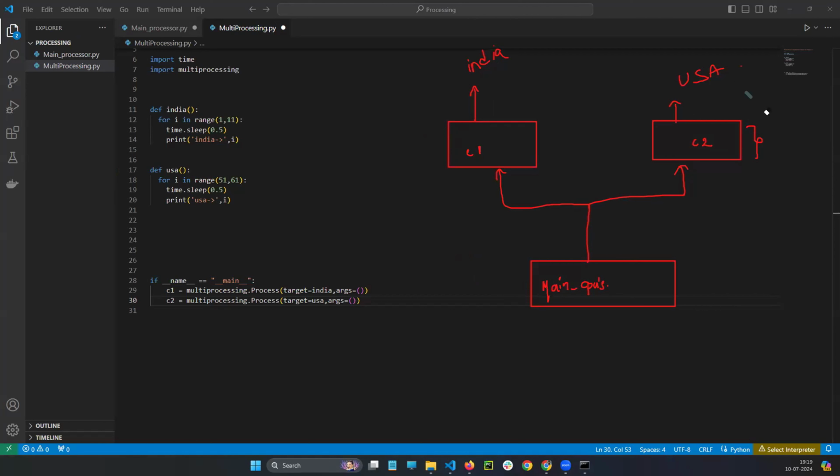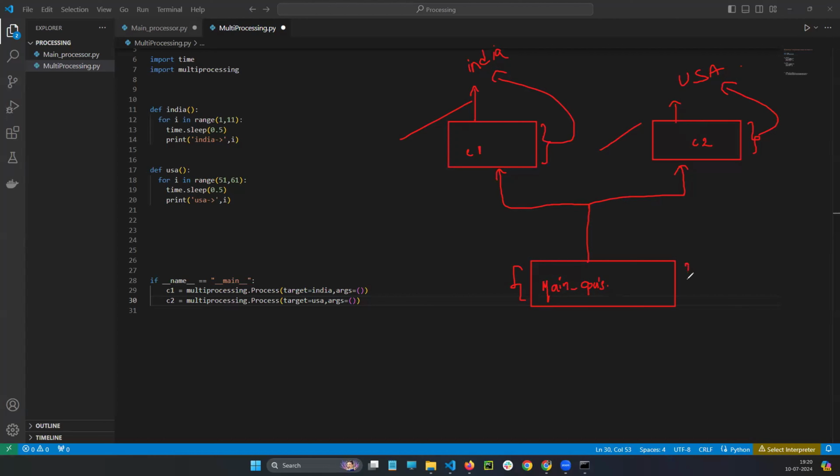Yes or no? Now my question is, see, there are two different options. If you want to make sure, sir, CPU1 is running, CPU2 is running, CPU2 is running the USA function, CPU1 is running the India function simultaneously. This will run simultaneously. Two different CPUs, right? They will run simultaneously.